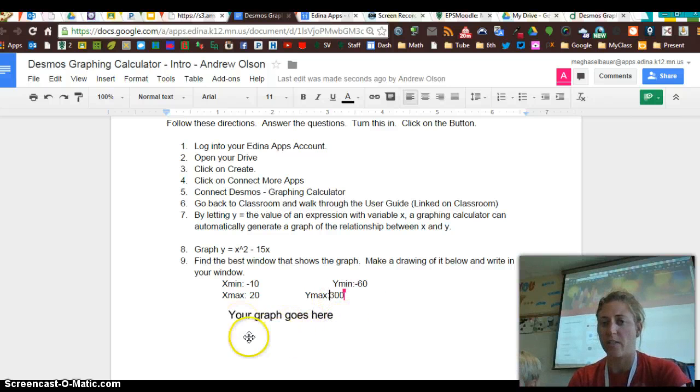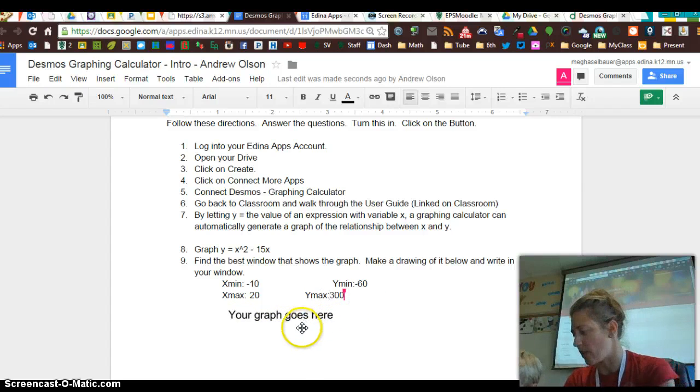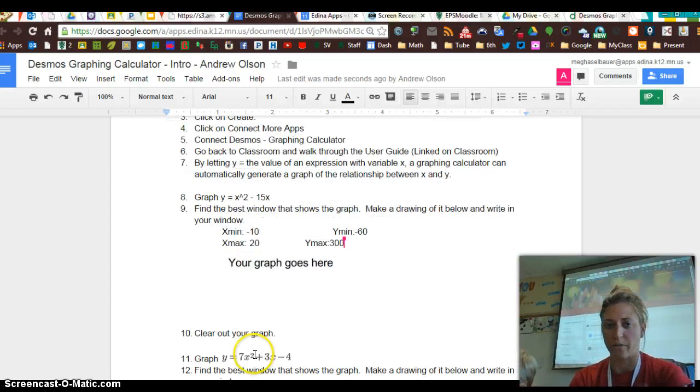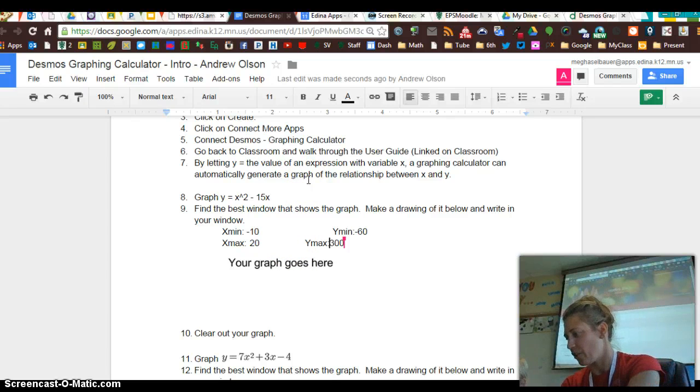Now, the next part of this, it says your graph goes here. So what you're going to do is you're going to double click on the graph. So go back to your worksheet there, Andrew, for me. Oh, he's fixing his window. That's awesome. All right, Andrew, so if you go back to this worksheet,